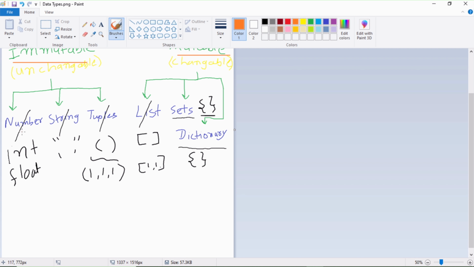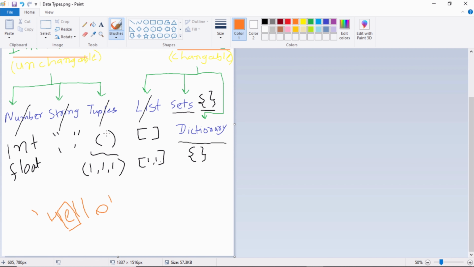Likewise, string. We can add up a string like we have seen in our tutorial video, but we cannot change a letter inside a string. For example, if I have hello here, a string, I cannot change this letter. I cannot change the letter E to any other letter. So it is unchangeable. Also, in my last tutorial, we have seen the tuples. So I cannot add any element. I cannot remove any element of my tuples.